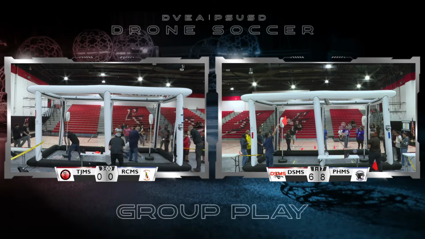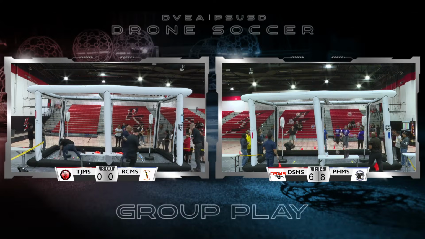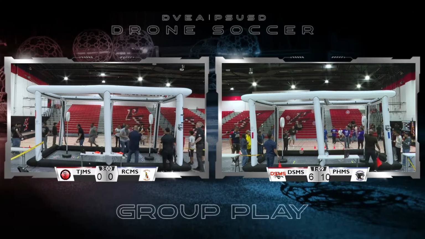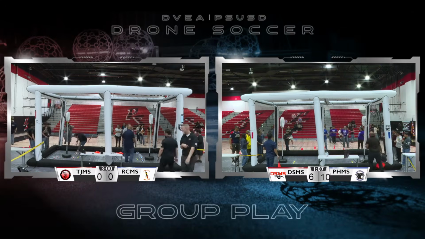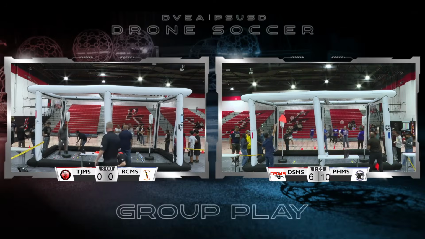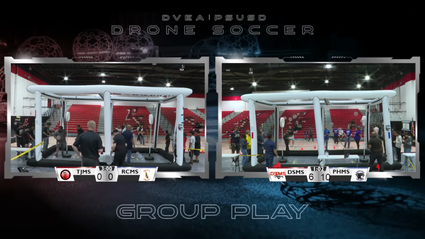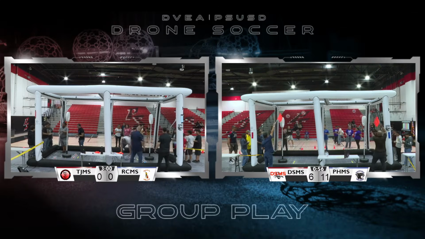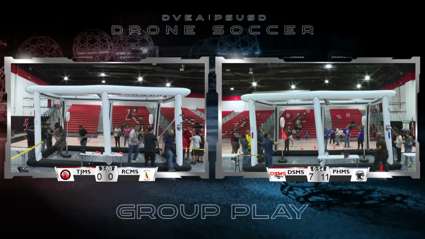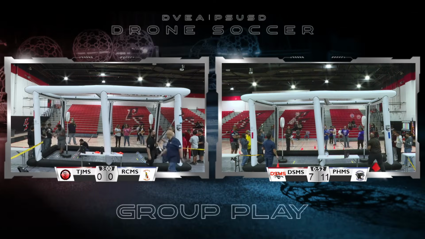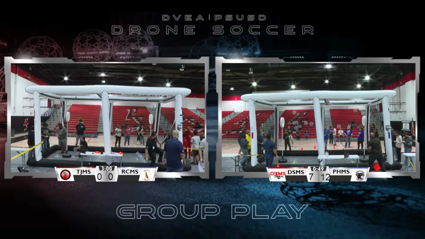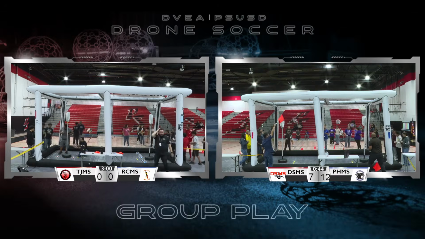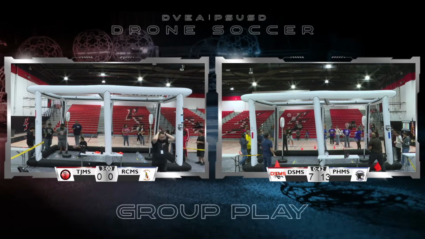And when a goal is scored, all players must reset past that center line in order not to be offsides. And you'll see the referees pointing at the drone that might be offsides. They can also point at drones if there's a defensive penalty. Defenders are not allowed to enter the plane of their own goal, and that results in a penalty. You'll see the referees pointing or shouting at the player if their drone is committing that penalty.